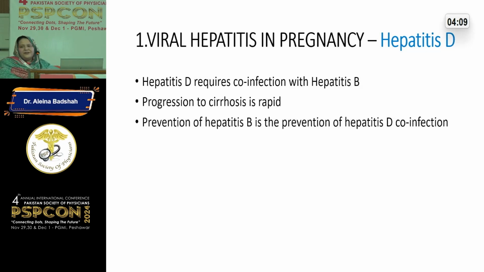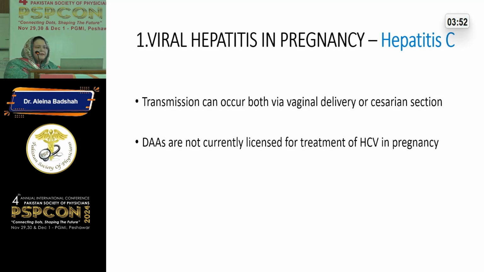Hepatitis D is not very common. It can only occur if there is a previous hepatitis B infection, and then this will be coexistent. But if a chronic hepatitis B pregnant patient contracts hepatitis D during pregnancy, the progression to cirrhosis is going to be rapid. As far as hepatitis C is concerned, all you can do is just keep the patient under strict observation and check her liver function tests and any conversion to a more sinister stage.